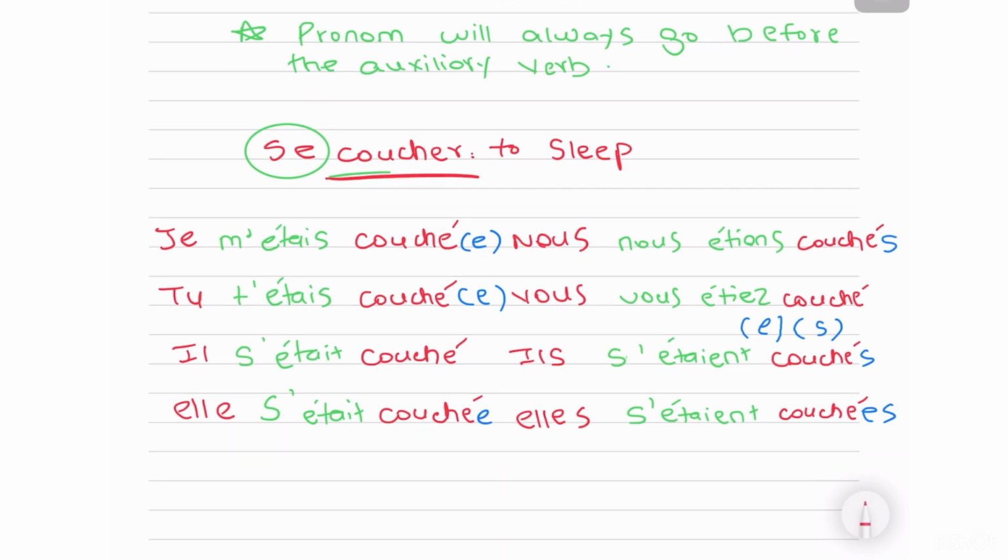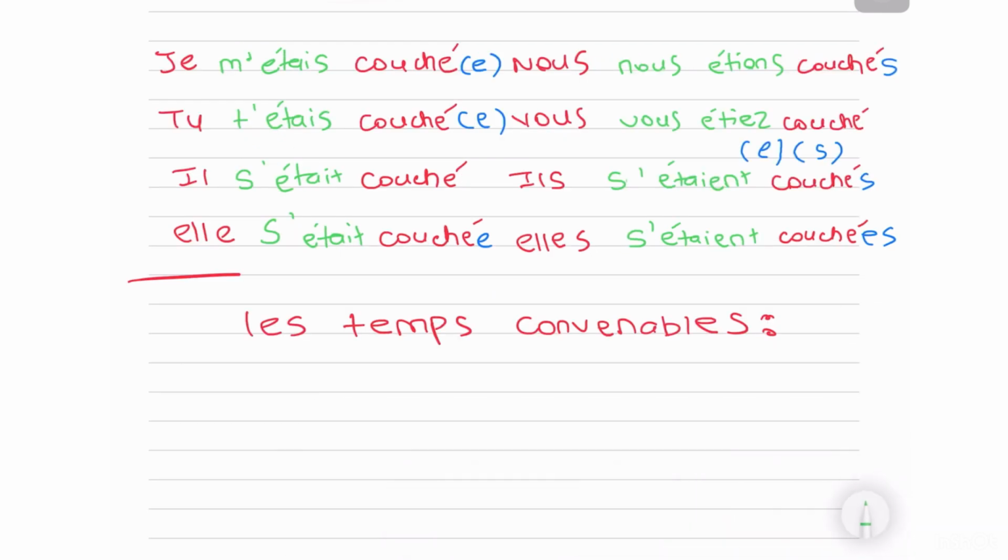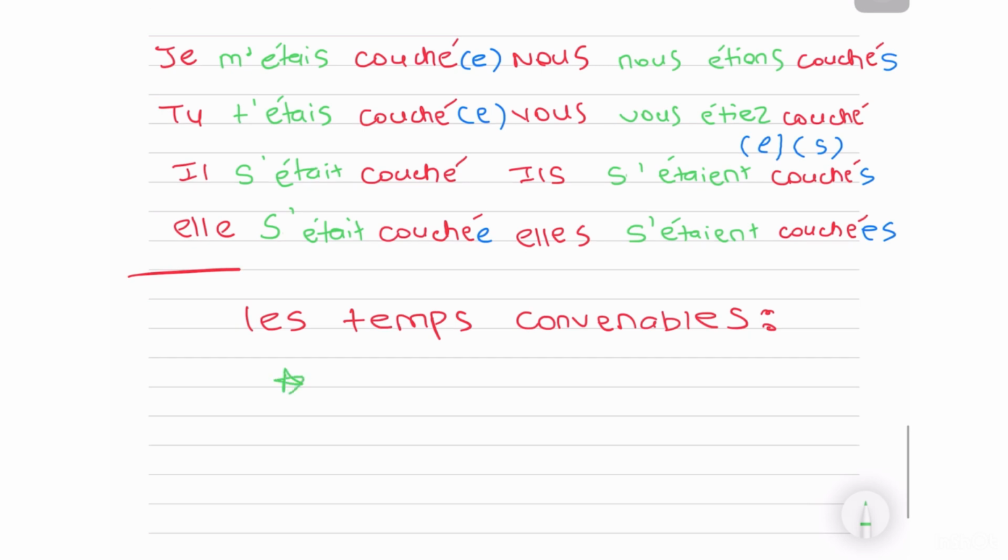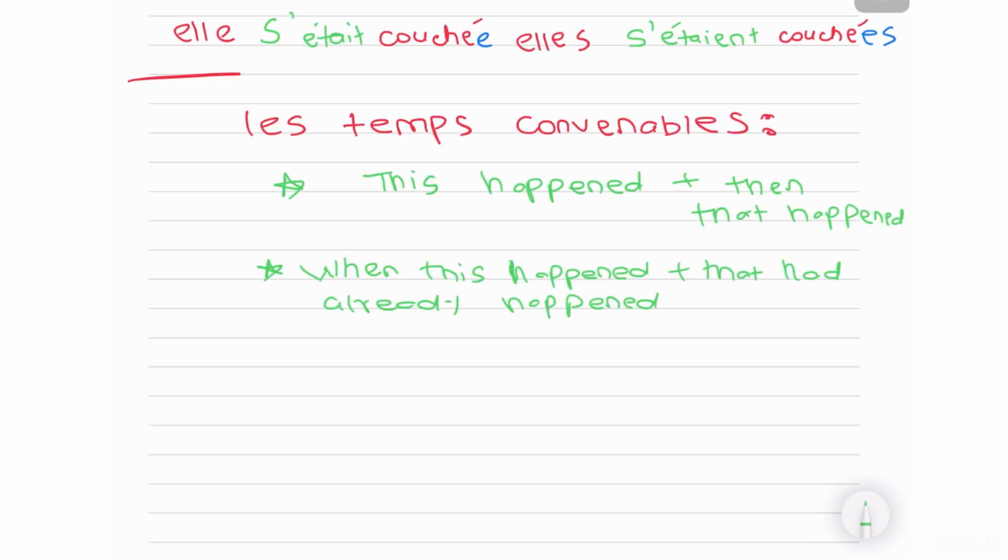Till here, we mostly discussed theory. Now comes the most important part. That is, how do we use it in a mixed tense exercise? As in, if I have imparfait also, passé composé also, and plus-que-parfait, how do I choose which one goes? So know one thing is that plus-que-parfait will always follow this structure: this happened, then that happened. Or when this happened, that had already happened. Which means you will always have two actions, alright? The first action will already be completed before your second action in the past starts.